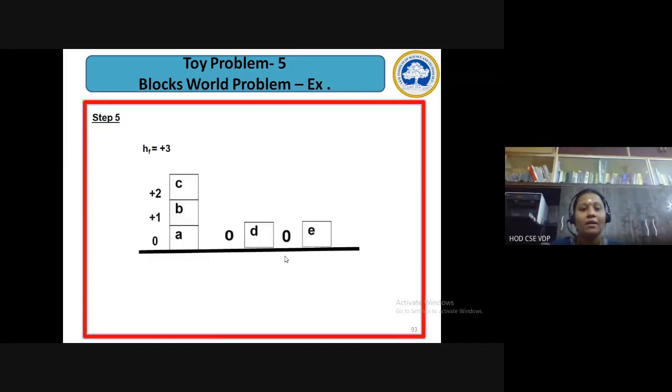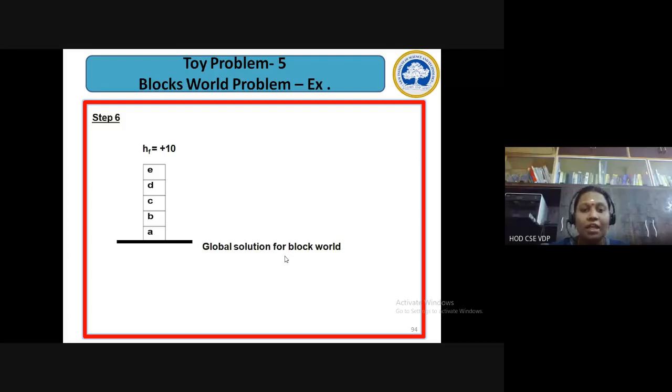Okay. So finally, this is just a tile placement. You place C on top of this, and finally you place D on top of C, and E on top of D. So what happens is you get a +10. So how do you reach the goal state by means of heuristics is the question. You have seen the initial state, and the final state also. What would be the path cost? For each and every move, you assume a path cost, and the total path cost is the total number of transitions involved in building these blocks, right?